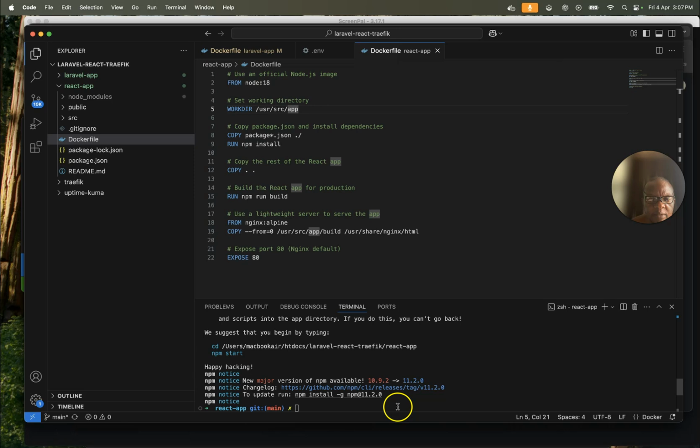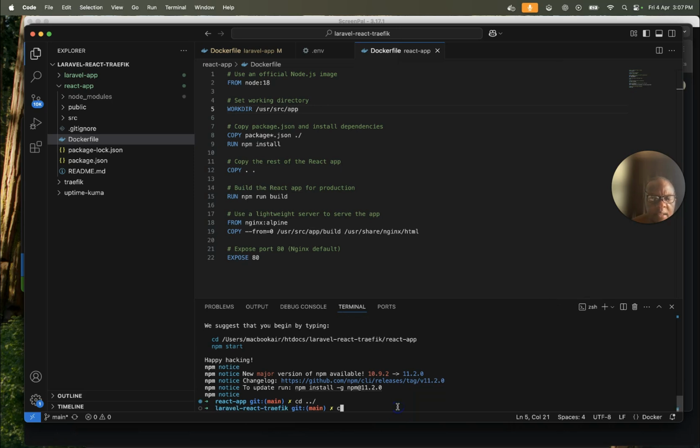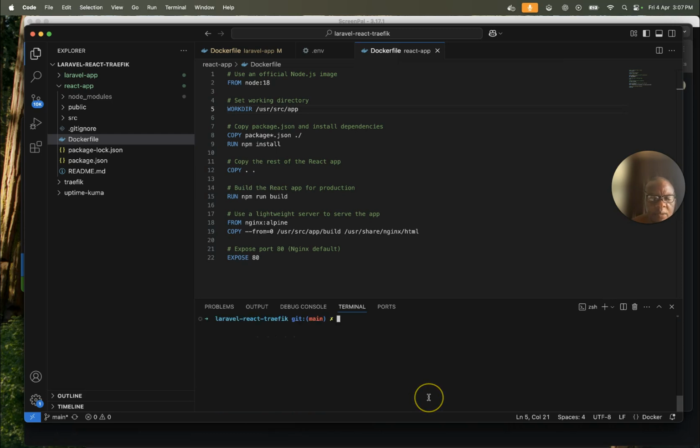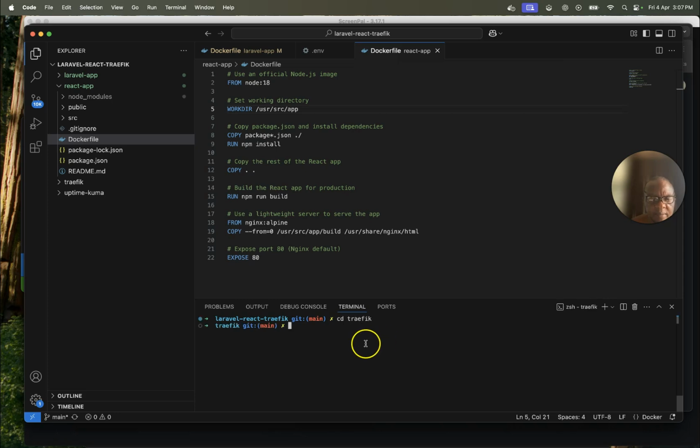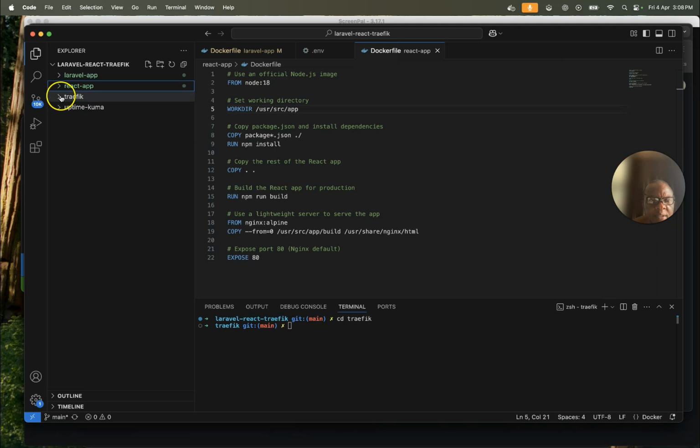So we're going to go into Traefik. So cd, let me clear this, clear. So we're going to go into this folder, which is Traefik, okay? cd Traefik. And now we're inside Traefik. We need to create a file, traefik.yml. So let me minimize this. We're inside Traefik. As you can see, Traefik is empty. Right click, new file,